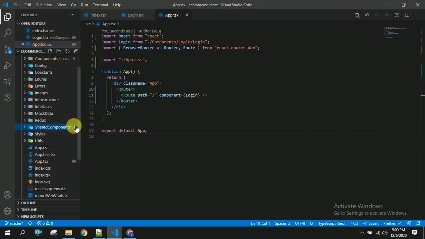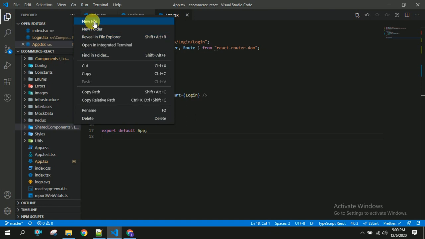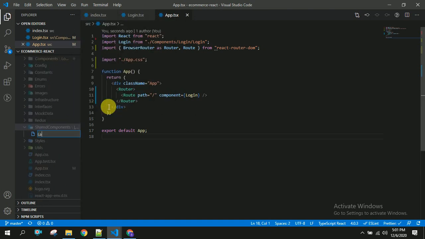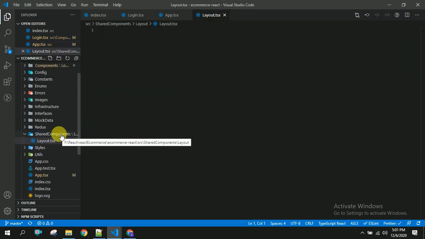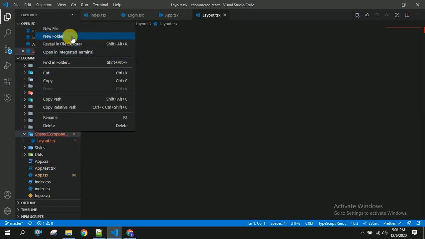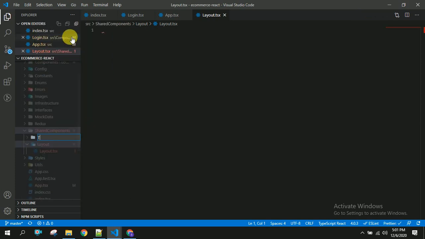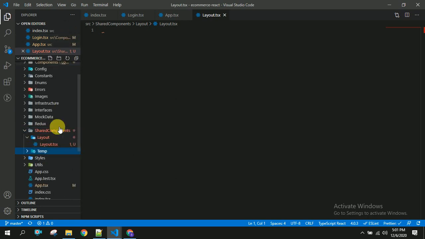For that I am going to create a file in layout, layout.tsx. In this layout we are going to import React from React.